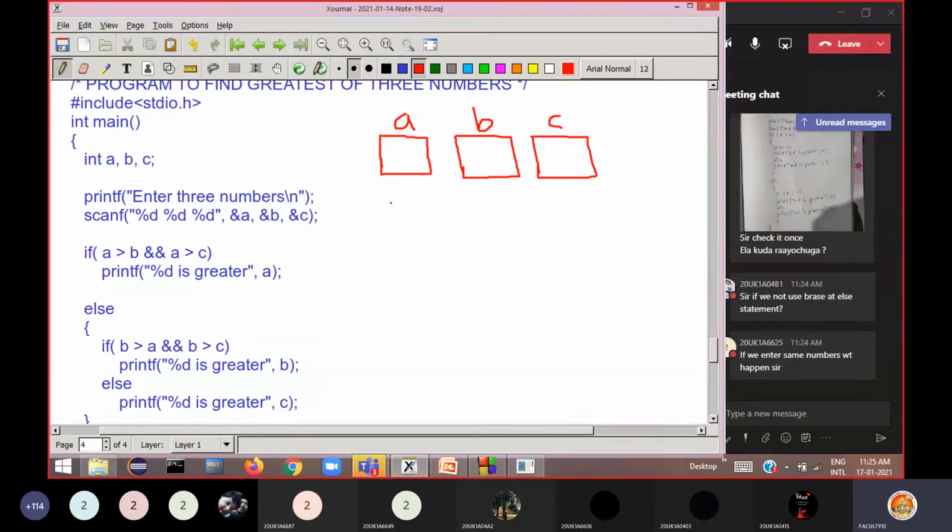Okay, now enter three numbers. Okay, so you entered something like 10 here, 20 here, then 30 here. Ten, 20, 30 you entered.